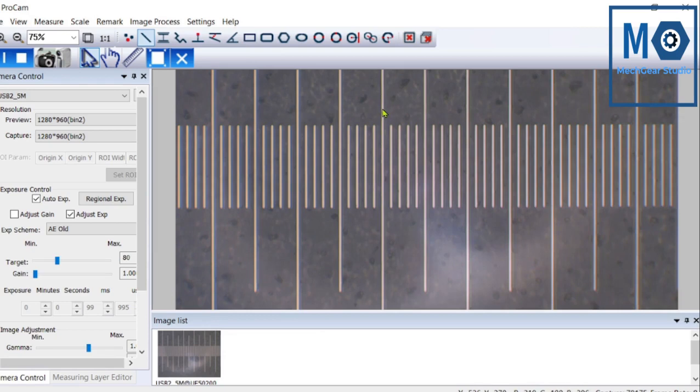We will draw line and we can verify distance between selected divisions. We can again select same line and we can change the length of the line. We can delete it by selecting.